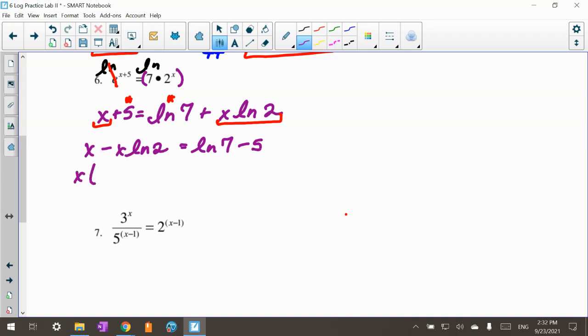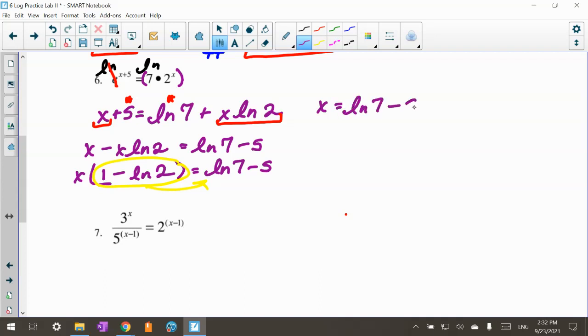So the only thing on this one is if you're factoring, you've got to divide both terms by x. So you have a 1 minus ln 2. A lot of people forget this one. It equals ln 7 minus 5. And again, we're going to divide by this glop right here. So I have x equals the natural log of 7 minus 5 all over 1 minus the natural log of